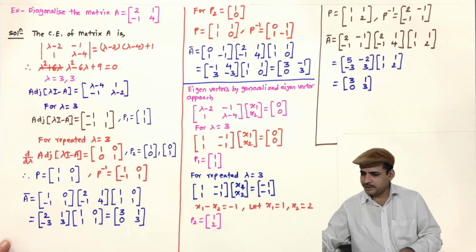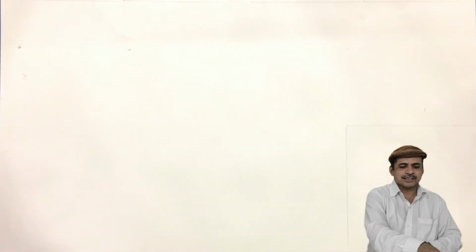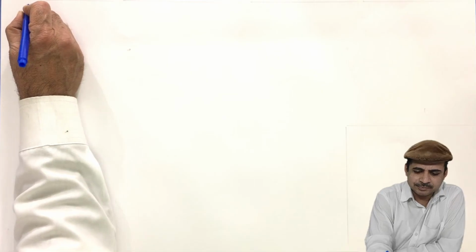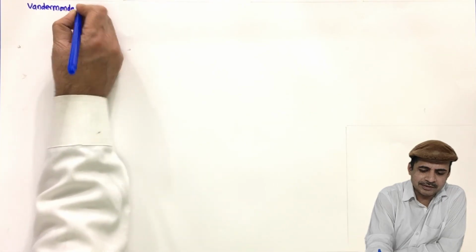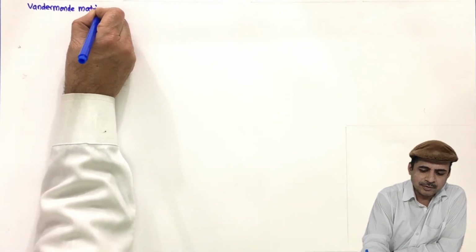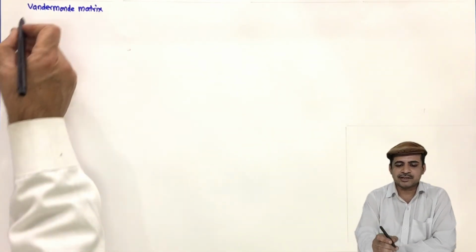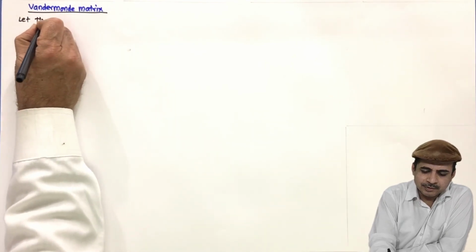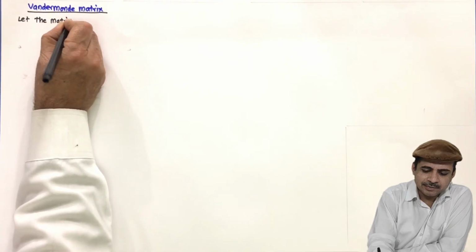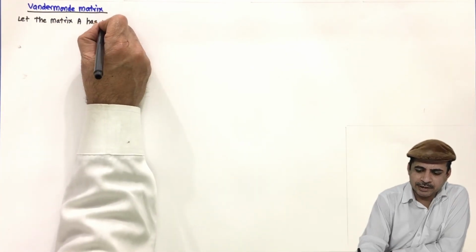Now here we have finished the concept of diagonalization. Now what we will do, we will consider another concept, and that concept is of Vandermonde matrix. This Vandermonde matrix was named after Alexandre Vandermonde, who first proposed this. So what is the concept? Say let the matrix A, this is an n by n matrix, so it will have n